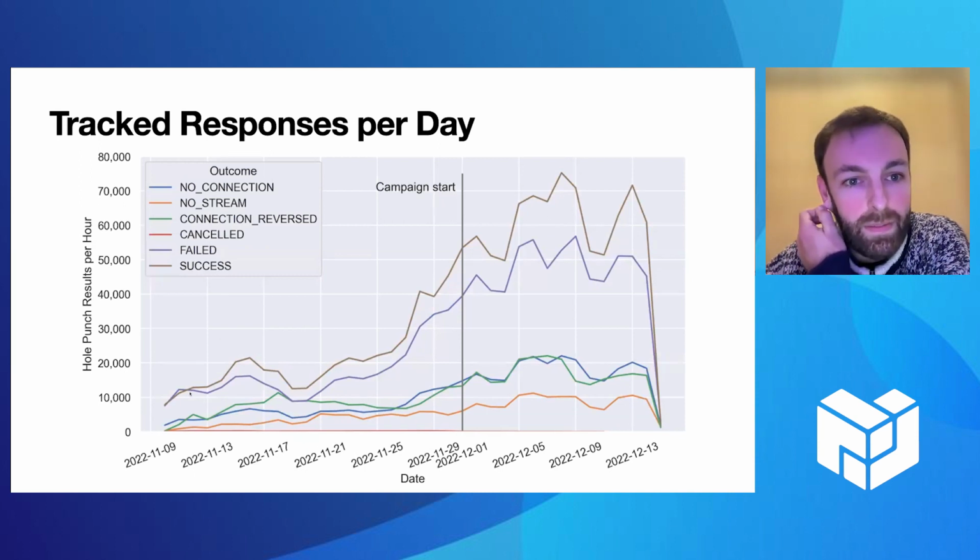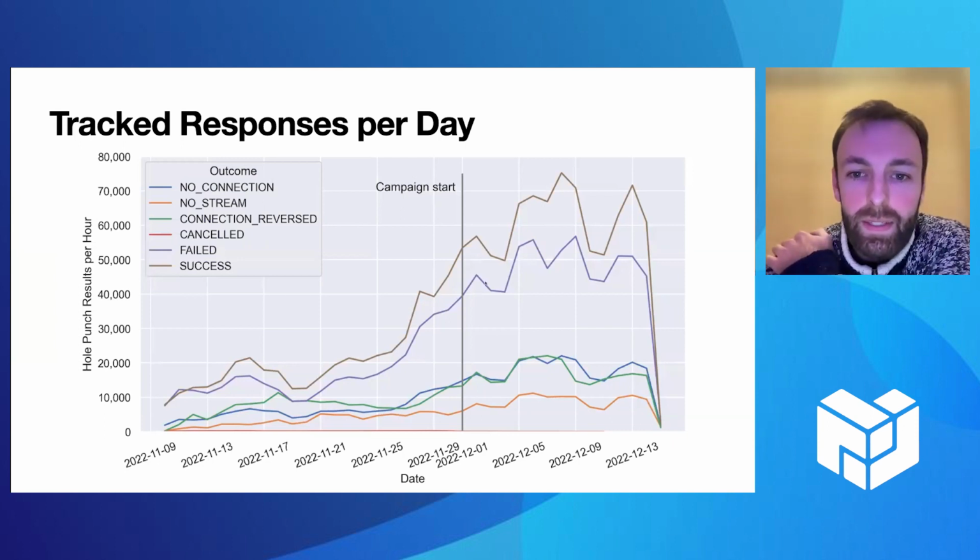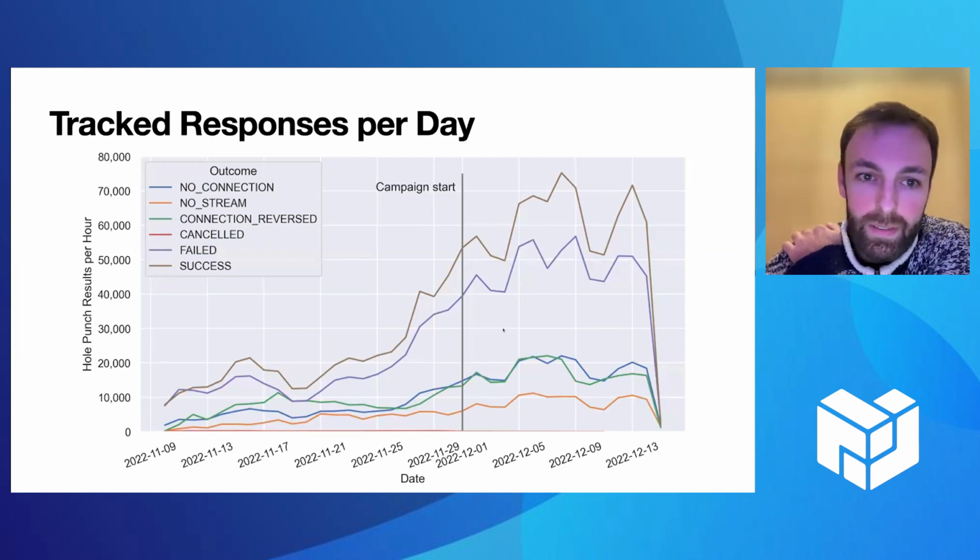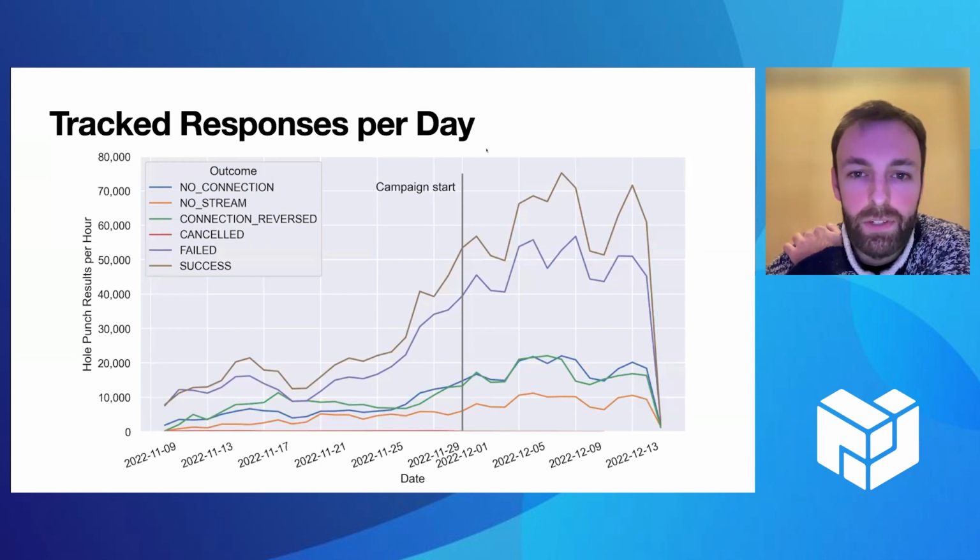But actually, as I had a look today, the brown line and the purple line are the relevant ones. These are the failed hole punches in purple, and the successful ones in brown. The noise here at the right-hand side is just a visualization issue, so just ignore that one. The minority are hole punch results that are irrelevant to us. These are the important ones, and as we can see, this is the majority of the data that comes